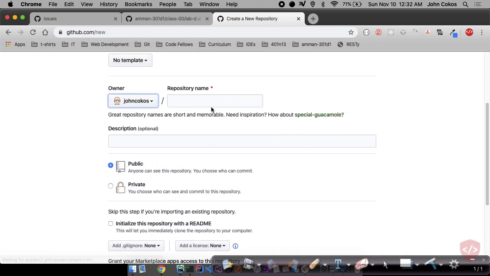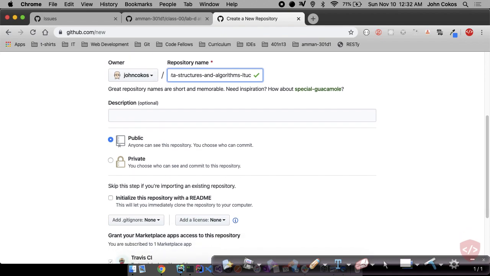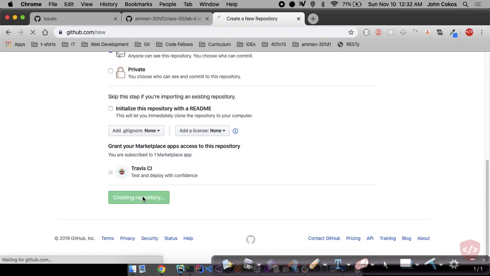Now I really can't create this, but I'll show you. I guess I'll make a fake one. Data structures and algorithms. Now it's saying that I already have this one, so I'm going to put a dash LTUC on it. You won't do that. Yours will just be data structures and algorithms, but I want to be able to make the repository. I'm going to create that repository,